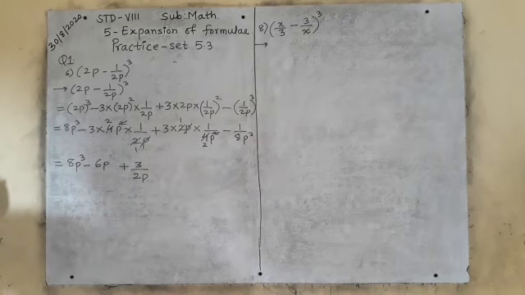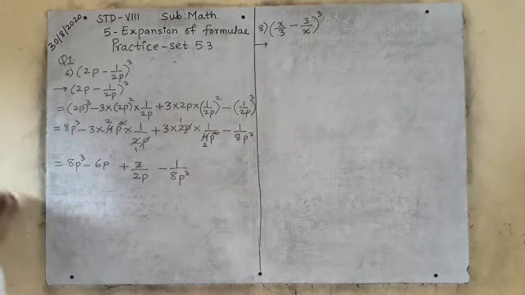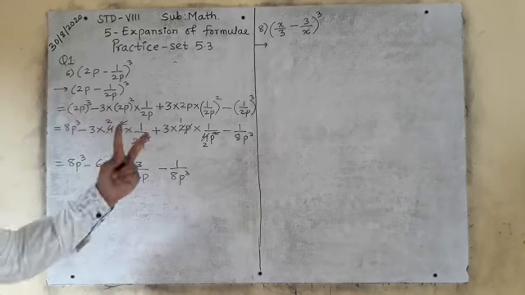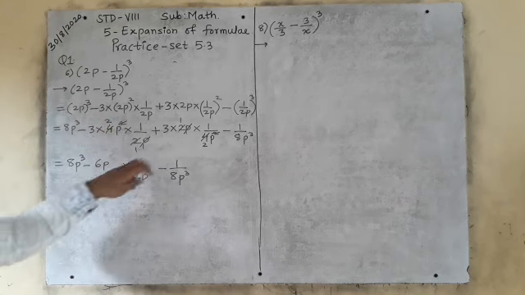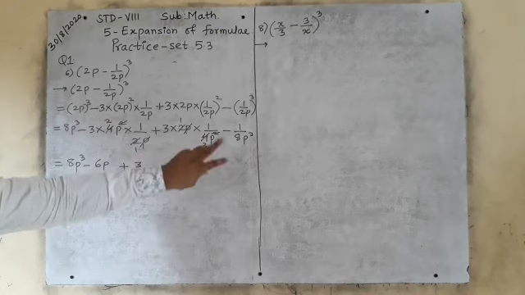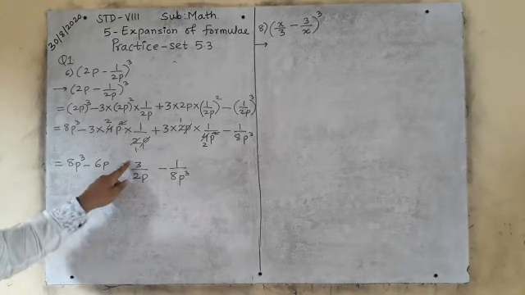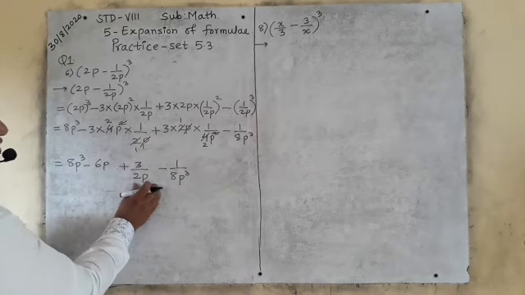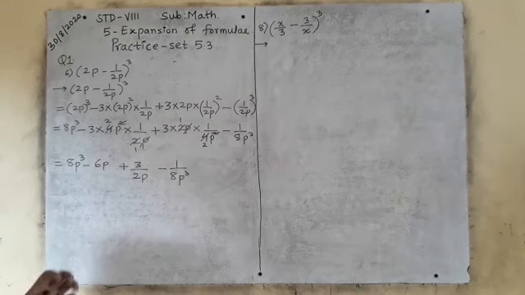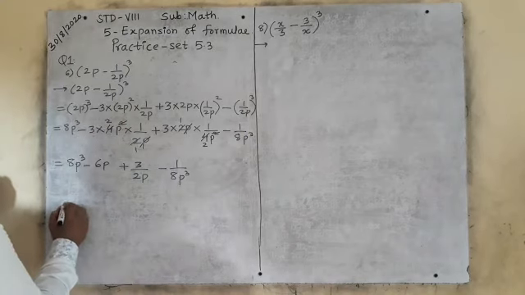See, 3 ones are 3 and this is 2p. Is it clear? Minus 1 upon 8p cube. I hope you understood. 2 twos are 4, 2 ones are 2. Here p twice. So 1p will get cancelled. Here 2 ones are 2, 2 twos are 4. 1p here, 2p, 1p will get cancelled. So what will remain? 3 ones are 3 and here 2p left. Okay, and this is the different term. Like this you will solve this. Question number 6, very easy. I hope you understood. Question number 7 will be homework to you.